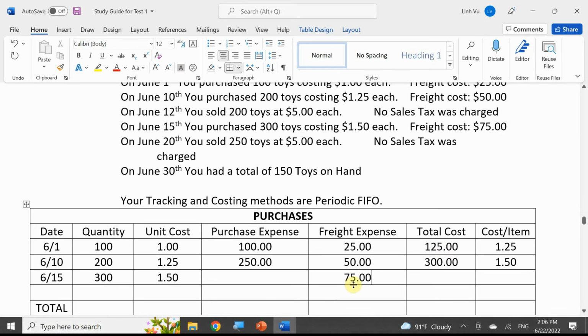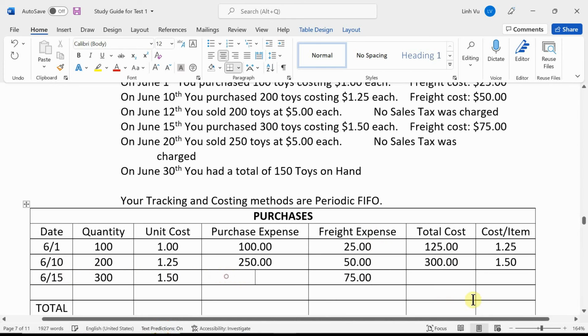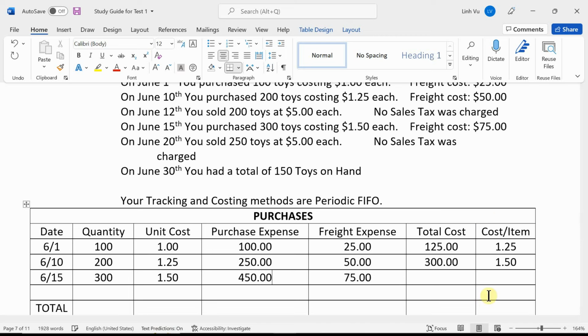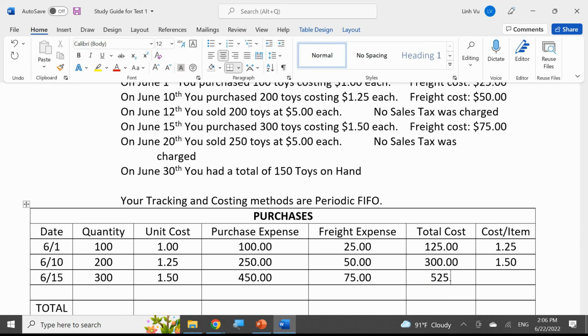Okay, so in this case, what's my total purchase price? $4.50 plus 75, total $5.25. Making it $1.75 each. Okay. And of course, we made another sale on June 20th, so we can ignore that,